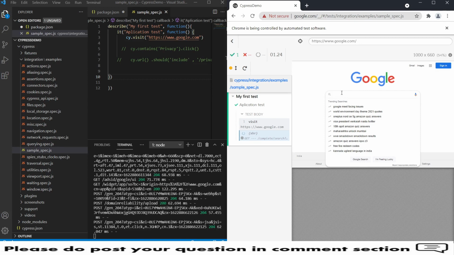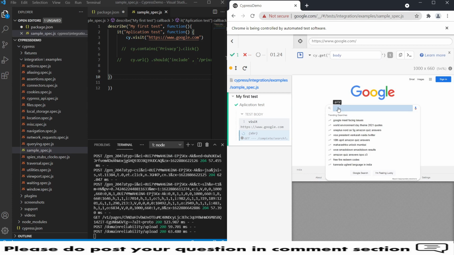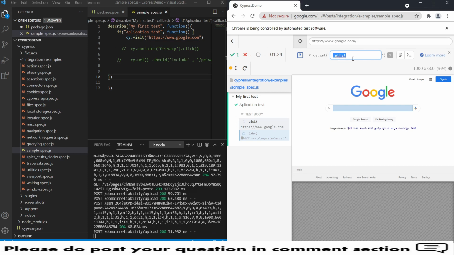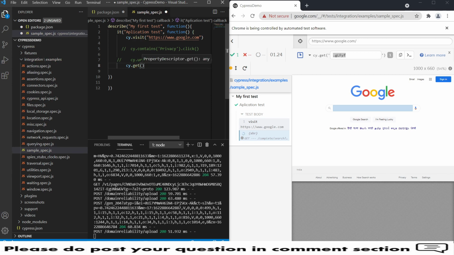So to write something here, we need to get the path of it. To get the path, in this automated browser of Cypress, you will have this open selector playground. Using this open selector playground, you can highlight this field. It has provided this one, which is dot, and you have this, so it means that it's a class. So I can use this as cy dot get, and under that get, I can provide this value.